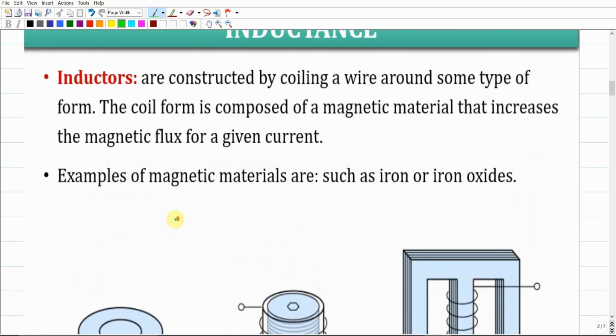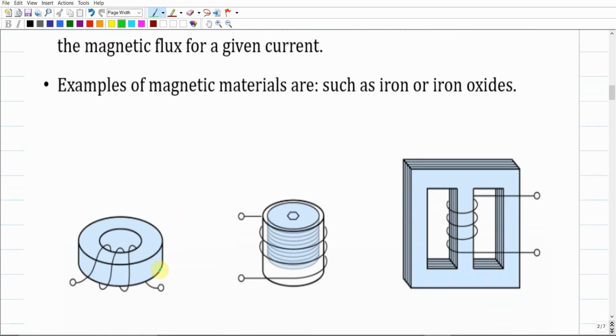The inductor, or the concept of inductance, depends on coiling a wire around magnetic material. Magnetic material would be like iron oxides. These are the most common types of magnetic material, a material that can allow for the generation of